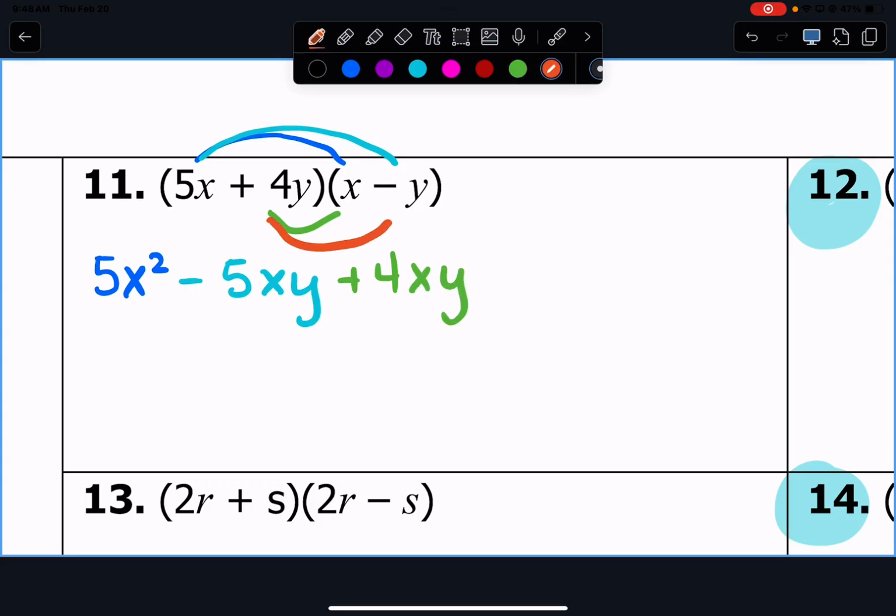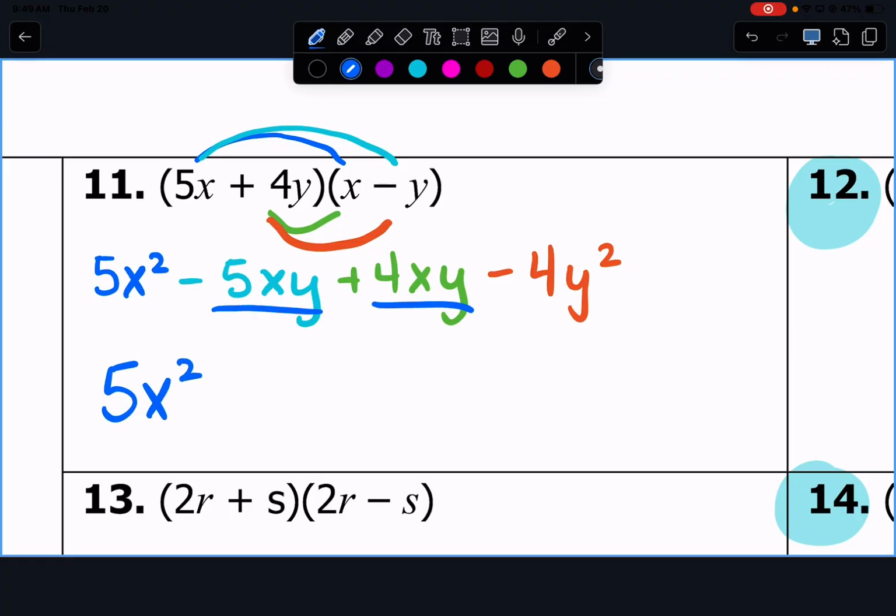And then 4 times negative y will give us negative 4y squared. Do you see that? In the terms that don't already have an x or a y, we will just write them both. And then our like terms we can combine are our negative 5xy and our 4xy. So we get 5x squared minus xy